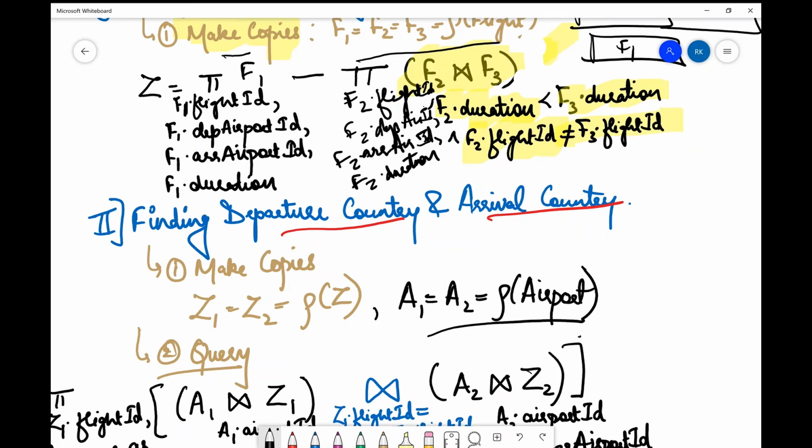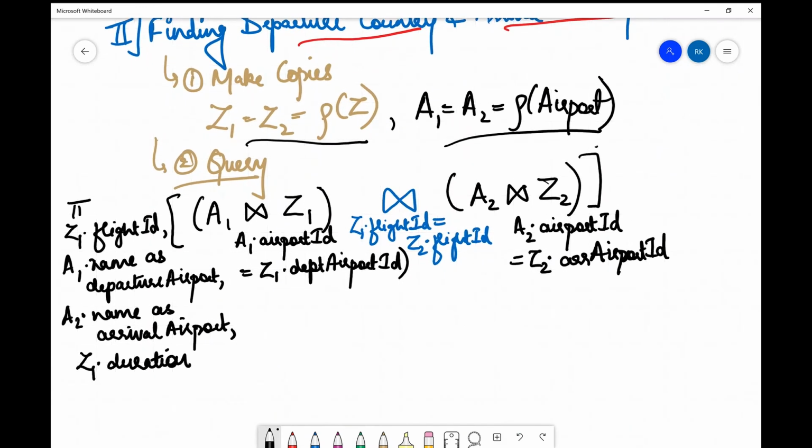And now this is my result for finding out the flights with the longest duration. So I take its copies as well, as shown over here. Then I perform the joins. Over here the joining condition is A1 dot airport ID equals Z1 dot departure airport ID. Similarly, A2 dot airport ID equals Z2 dot arrival airport ID, because we require the information of both arrival airport and departure airport, right?